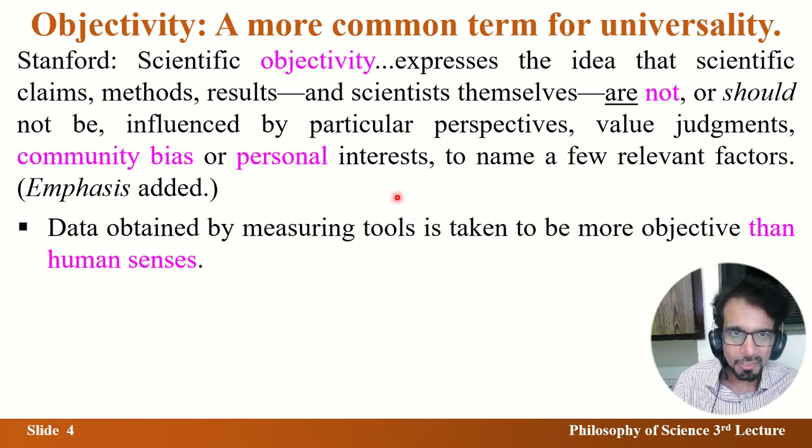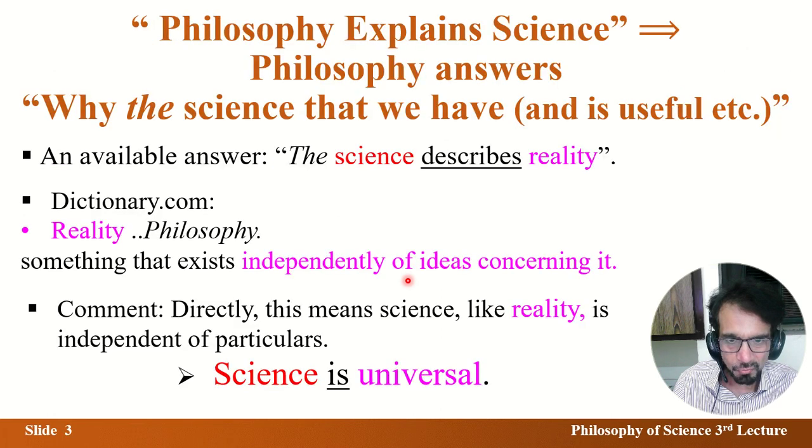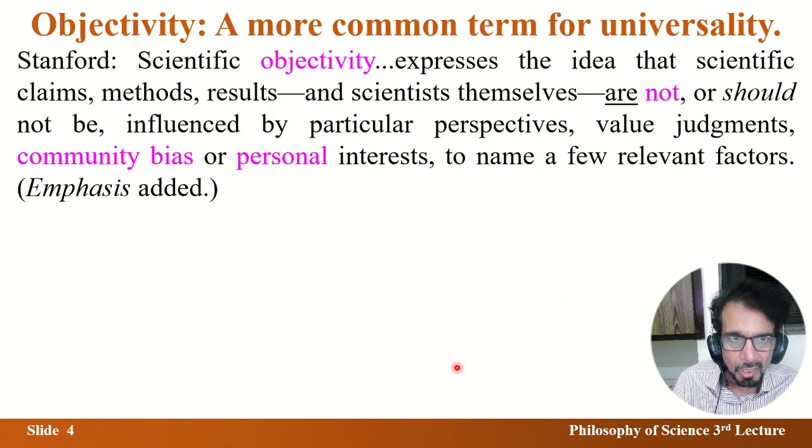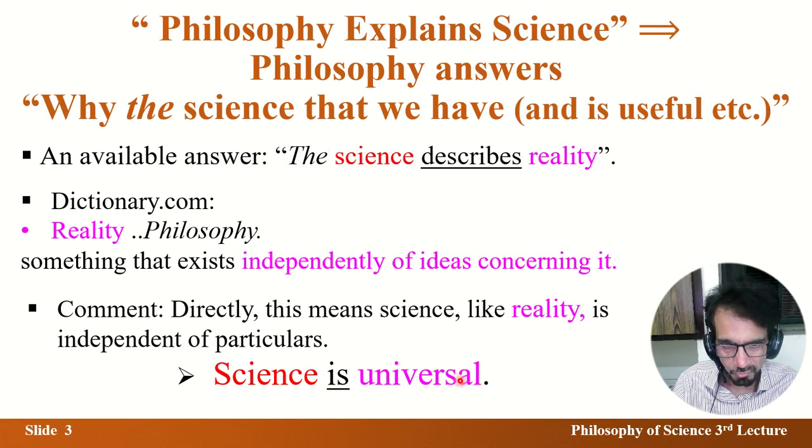Now there are two technicalities that remain. One is what is the proper word for this aim: objectivity or, as I said previously, universality. And another is whether the aim is achieved or should be achieved. First I tell you the difference between is and should, which is the topic of slide number 7, I think. But here, the first target is the difference between the word objectivity and the previously used word universality.